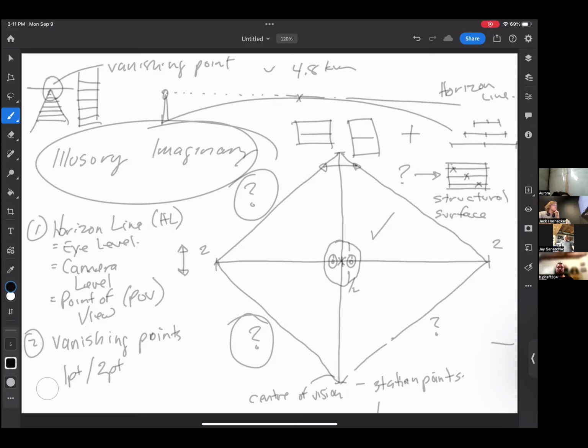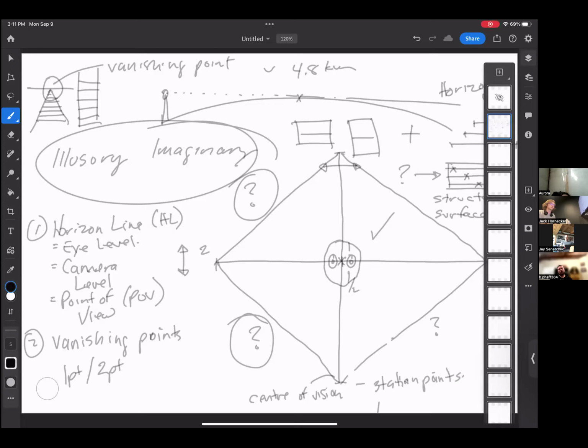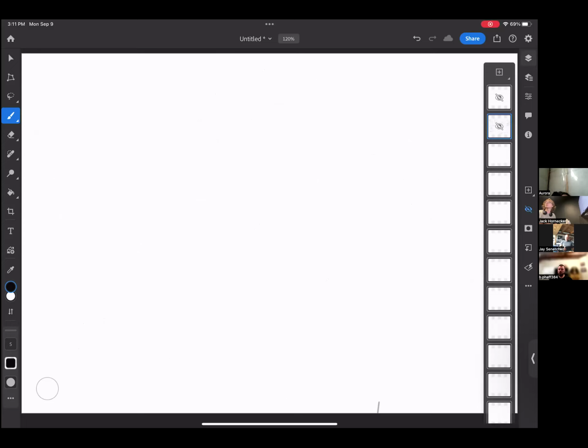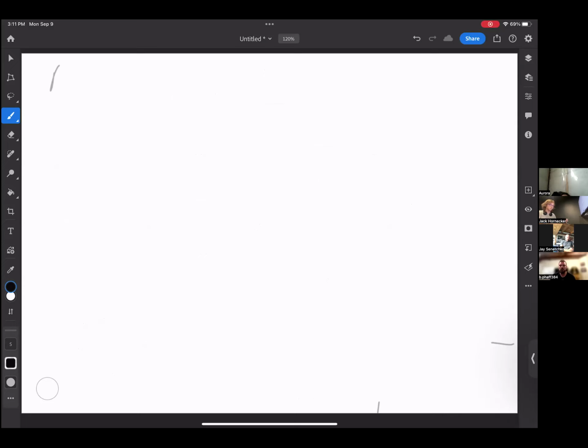It's not the depth of space so much as the fact that we see three-dimensionally, and perspective creates the illusion of three-dimensional space on a two-dimensional surface. That's what makes it feel like we're looking at real space. That's what perspective does. It's literally the definition of perspective. And there are different kinds of perspective. It's a good opportunity for me to introduce this as well.